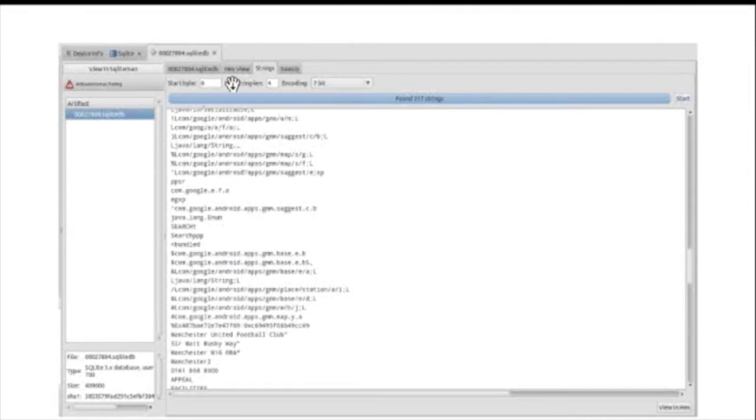So with the strings view, you have some limiting functions here, so you can set the minimum string length that you want to find, and also the encoding of the string. Here we just have ASCII text, but you can also look for Unicode and things like that. You can also specify an offset if you want to skip the beginning of the file if you know that there's no useful information there. In this case, I just left the default values and hit the start button, and it came back